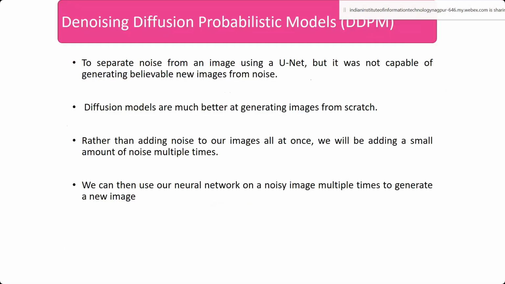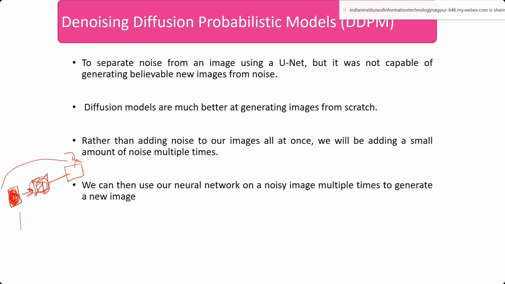To separate the noise from the image using U-Net, as I have mentioned, you take the image data and add noise to it all at once, and then you train the deep learning model, whatever downsampling and upsampling, to denoise this. You reconstruct the image and match the reconstructed image with the original one. So your model will adjust its parameters to reconstruct the original images, and so it is actually removing the noise from the image.